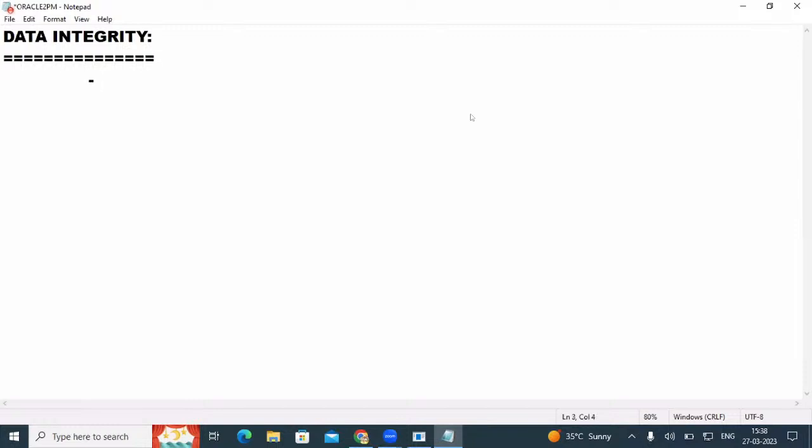Data integrity is nothing but to maintain accuracy, meaning exactly whatever you want, that one only you take. Unnecessary things you don't take. Accurate and consistent. Consistency means